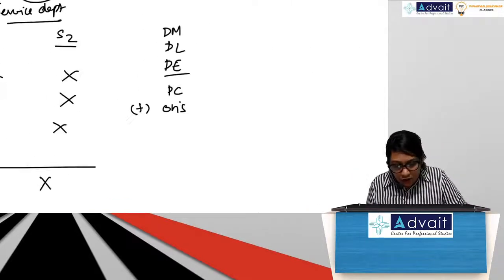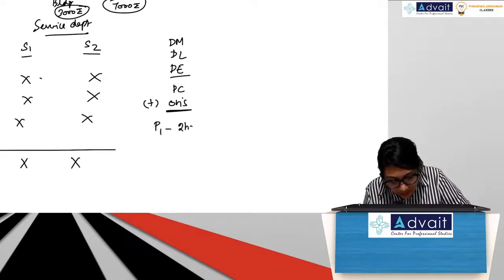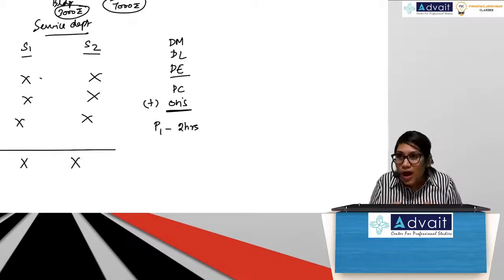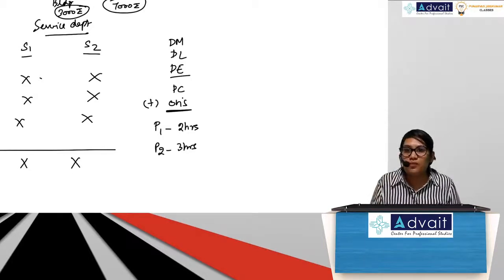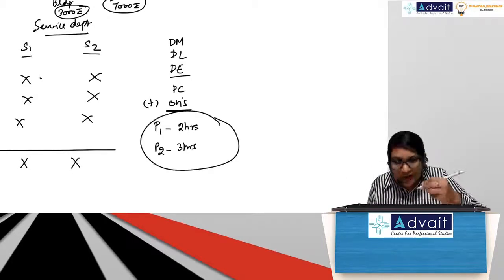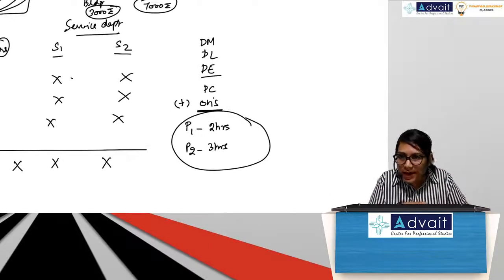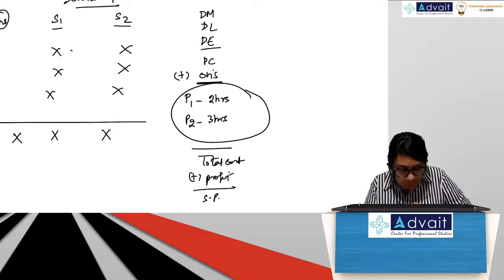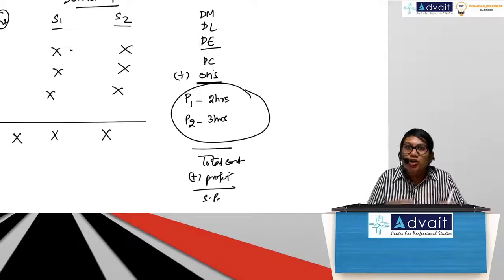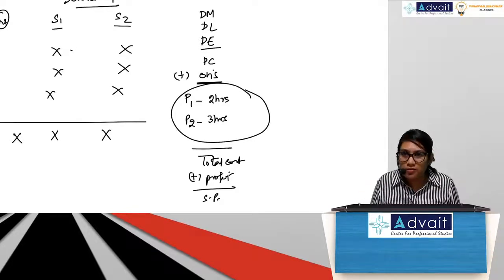So I know that when it comes to my overheads, from P1 I need to calculate the overheads for 2 hours, and from P2, I need to calculate the overheads for 3 hours. So in order to calculate these overheads, I am doing all this. Once I have my overheads in place, what will happen? I can easily get my total cost. Then to this total cost, I'll add my profit. And then I will show my selling price. So in order to complete my cost sheet, I'm doing all this. It's not simply being done for the heck of it.